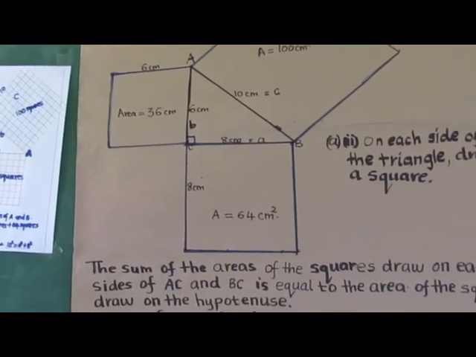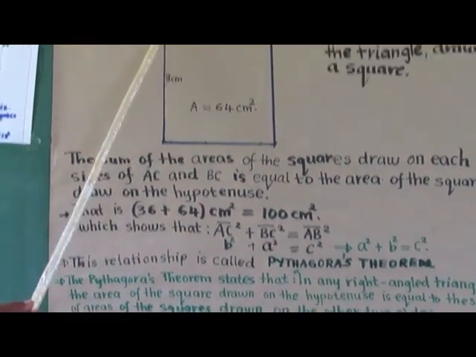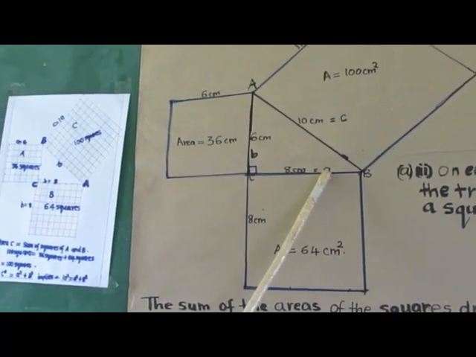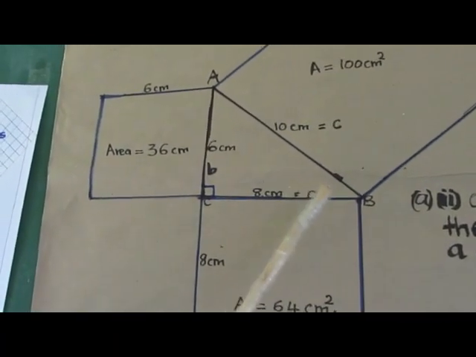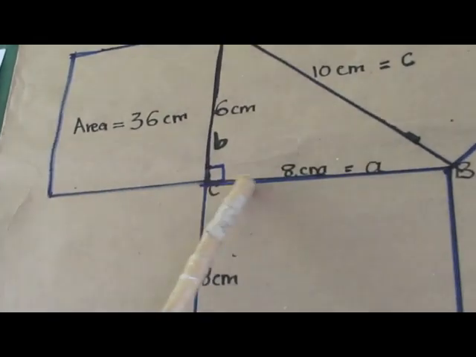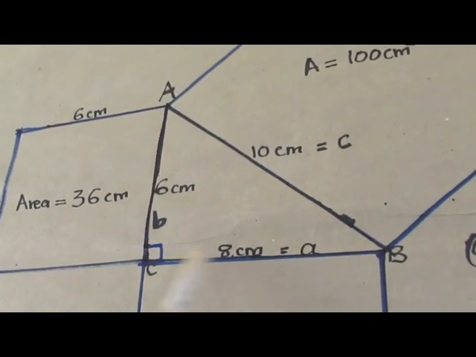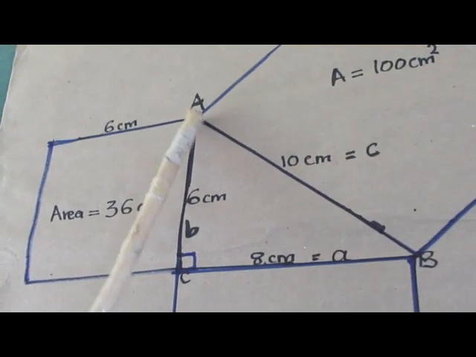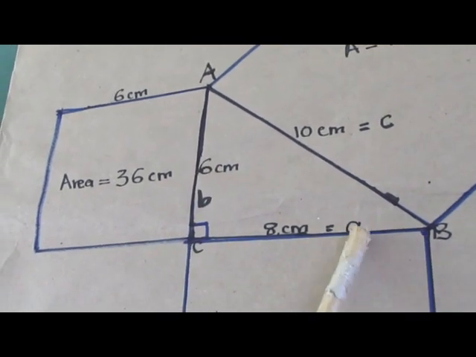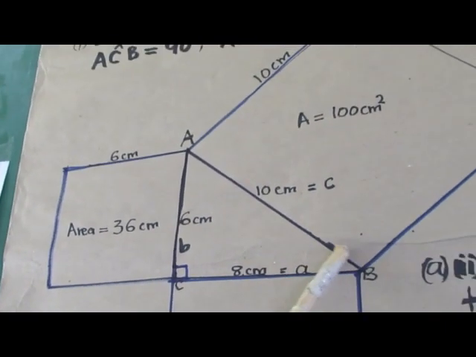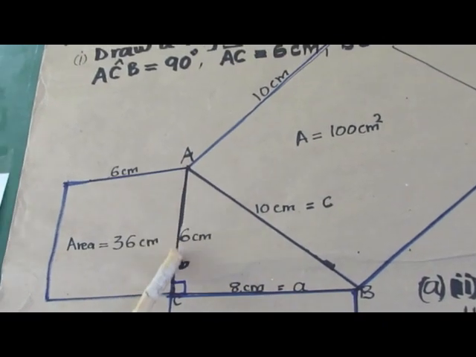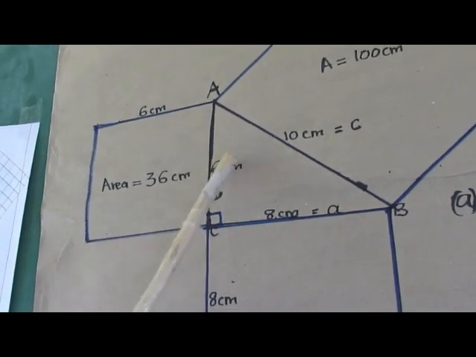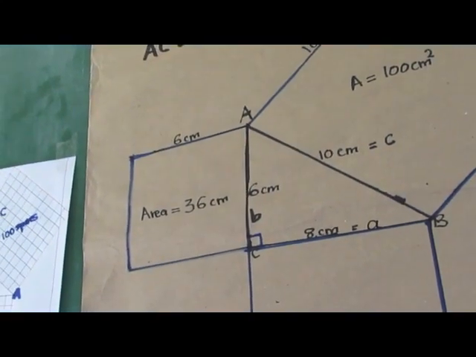This also shows that AC is equal to b. There is a small letter b here and there is a here. Where did these letters come from? This a here, which is the base of the triangle, side BC is opposite to angle A. So angle A is opposite to this side here. We name it side a. And angle B here is opposite to this side here. We call it b. And angle C, which is the right angle, is opposite to the hypotenuse.